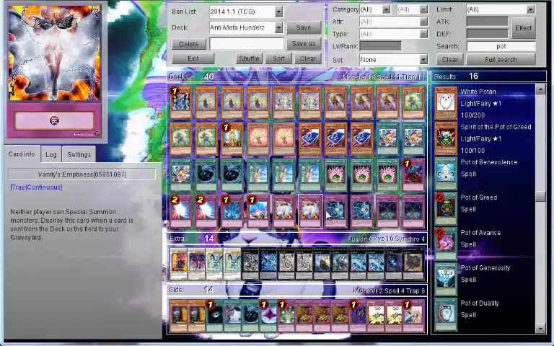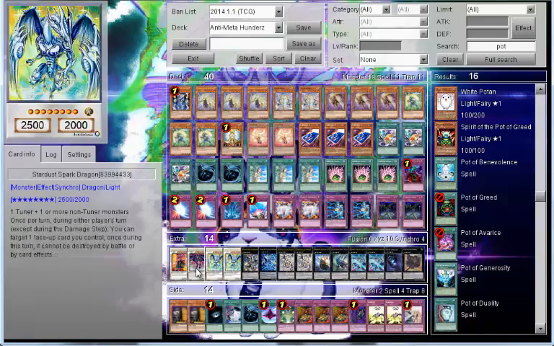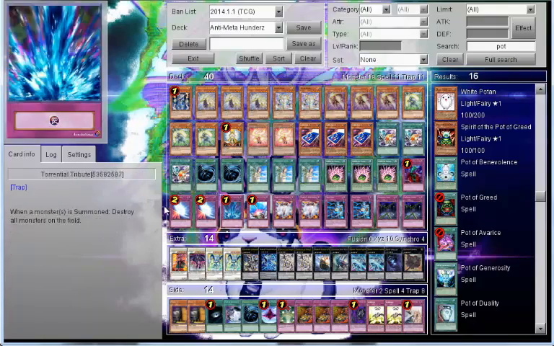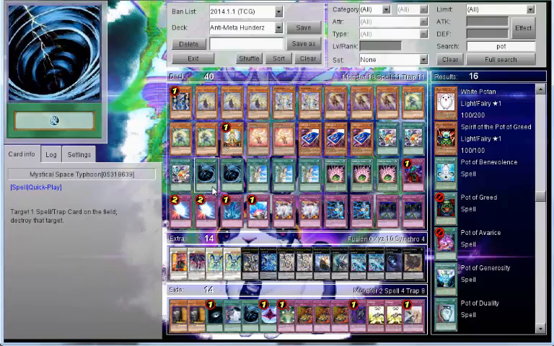So as I said, this is how I like it. I'll probably change up the extra in the side deck sometime. But let me know what you guys think. What would you change